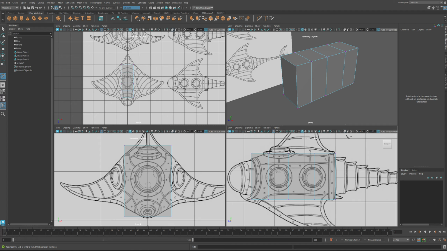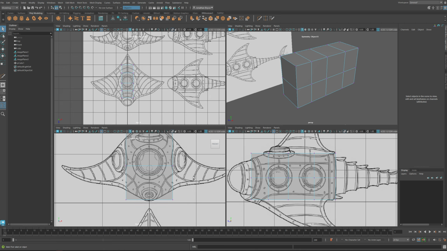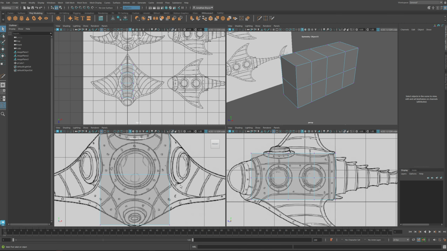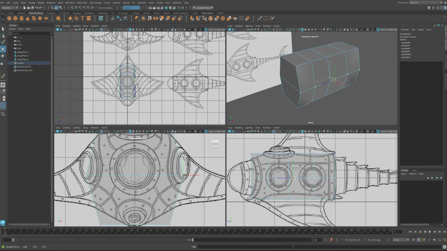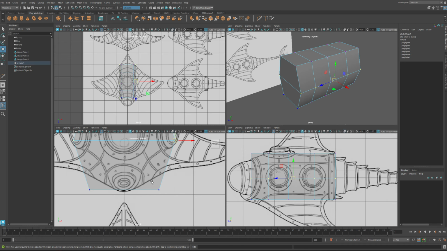Now, why? If we start throwing in a bunch of edge loops on these objects, we run the risk of faceting or overcomplicating the model. We don't want to do that. With our topology, generally we want to have an equally spaced density of topology for the entire model. And you'll see as I'm going that we try not to do too much, too quick, I should say. All right, let's throw in